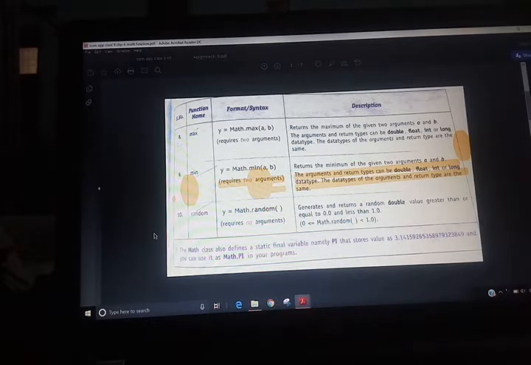One thing, children, in this table, the Math class is defined with a static final variable, that is PI. What is PI? PI is going to give the pi value. The pi value is 3.141. So in any program, if you are going to calculate with pi, we use Math.PI. M in Math is in uppercase and PI is in uppercase, the others are in lowercase. Clear? After Math.PI, this table you are going to learn it.